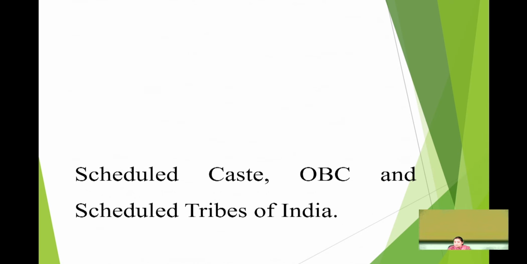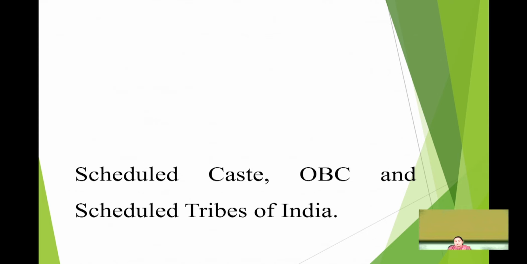So those were normally put under the category of OBC. In 1991, when the Mandal Commission came, they wanted to give reservation based on this particular identity. So at that time, a list of other backward classes was prepared, and then of course there were scheduled castes, then the other backward classes. Here the word is class, not caste. And then, of course, the Adivasi, the Kabile that we call, these are called the scheduled tribes of India.